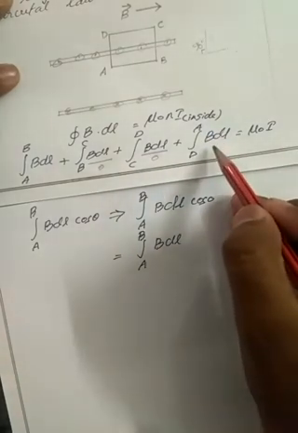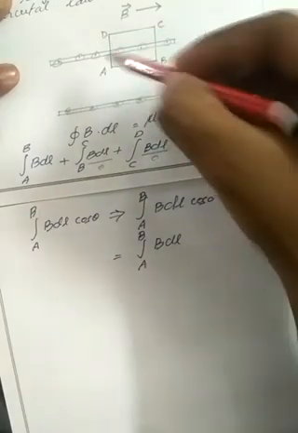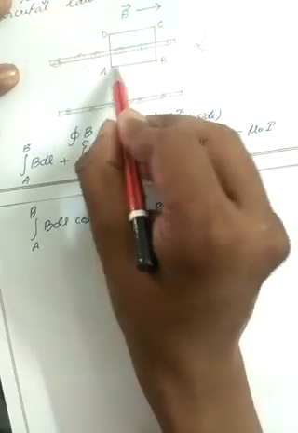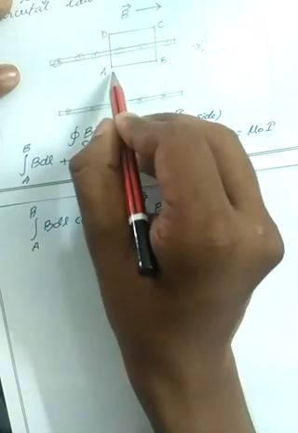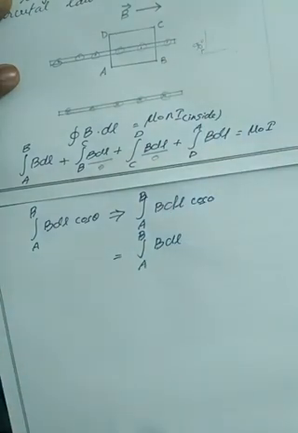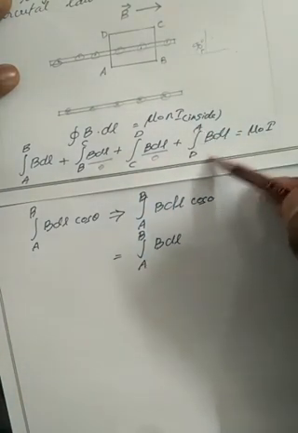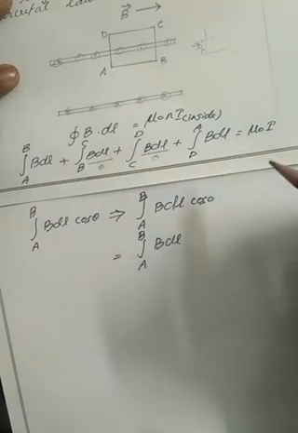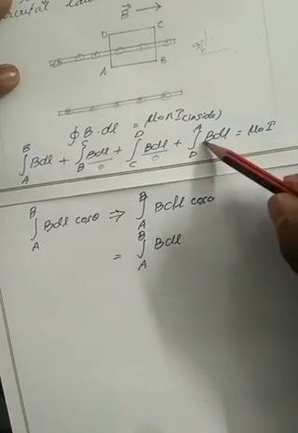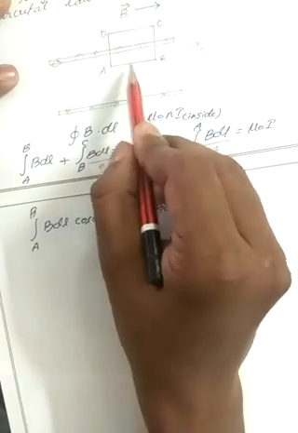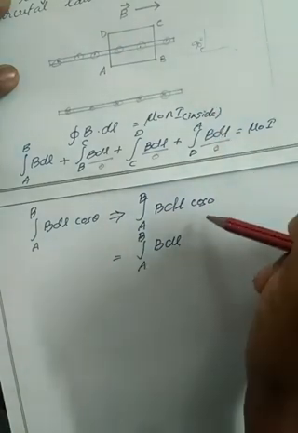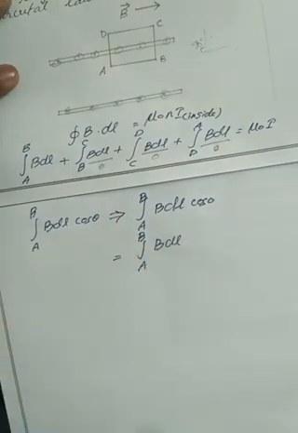Then for the fourth one, A to D. Again my magnetic field creates an angle of 90 degrees with the length element. So here A to D is again perpendicular to the magnetic field. So it will create an angle of 90 degrees. So for A to D also I get B dL cos 90. Cos 90 value will be equal to 0. So I get 0 for A to D dL also. So I get magnetic field only for the A to B section because both B and dL lie in the same direction. So I get 0 angle, cos 0 value will become 1. So I get the magnetic field for AB only.